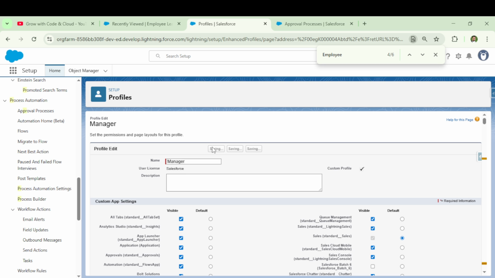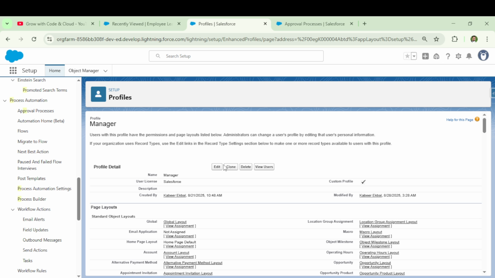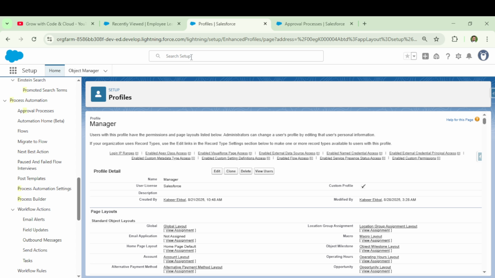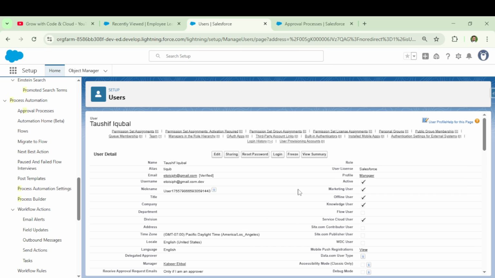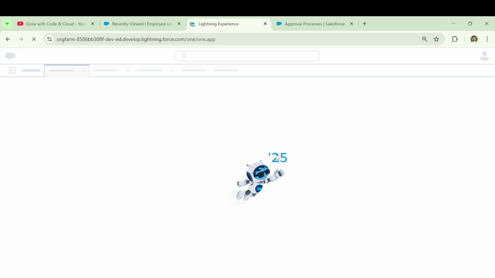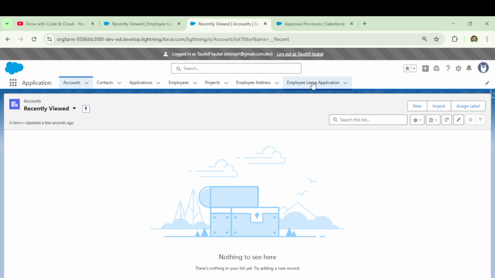It was default on. Now log in with that user. Search that user and log in. Now he is able to see this leave application.